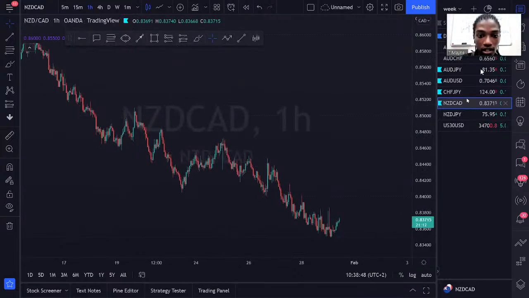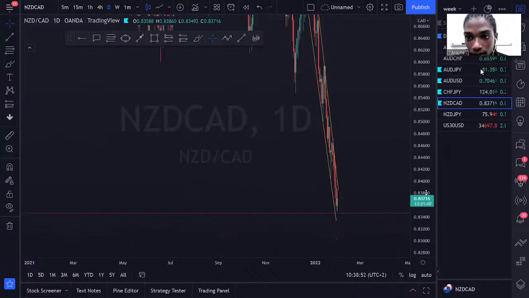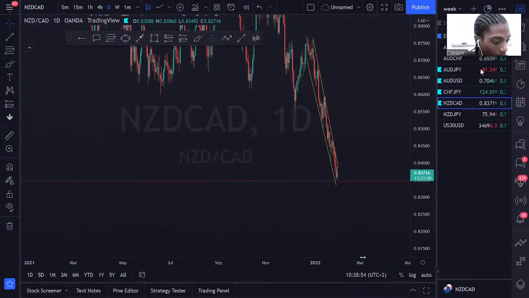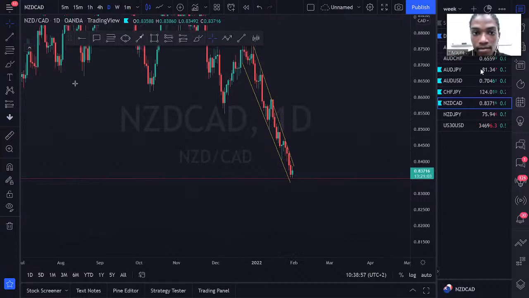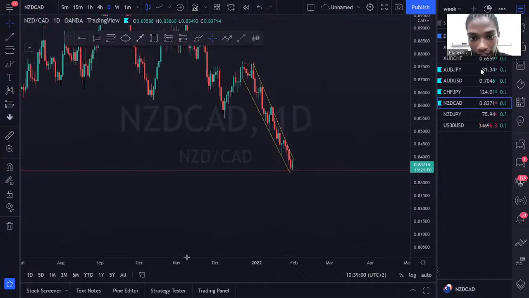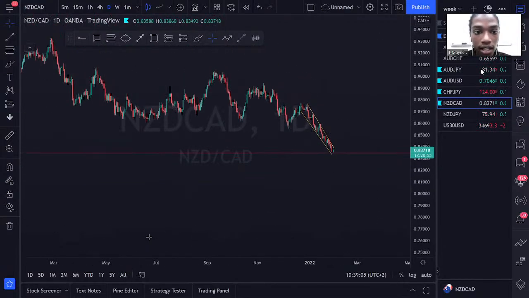We're looking at New Zealand dollar CAD. So let's just start off on the daily. Have a look at New Zealand dollar CAD quickly. Cool. So we're here on New Zealand dollar CAD, guys, and basically what we have here, we've got